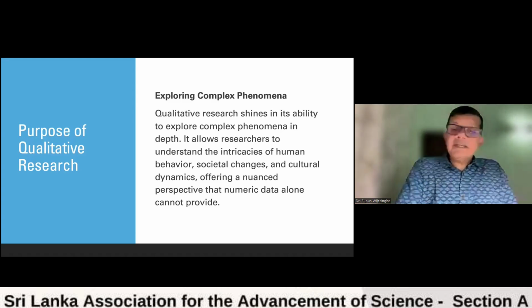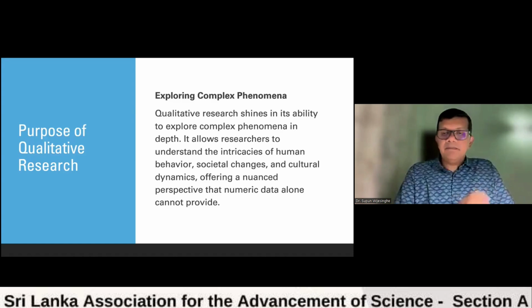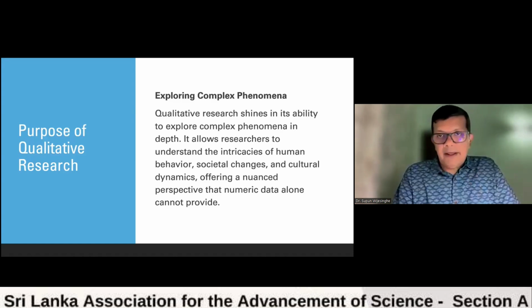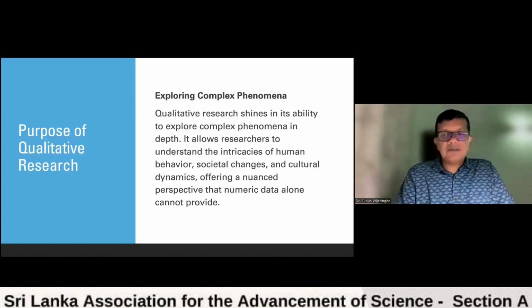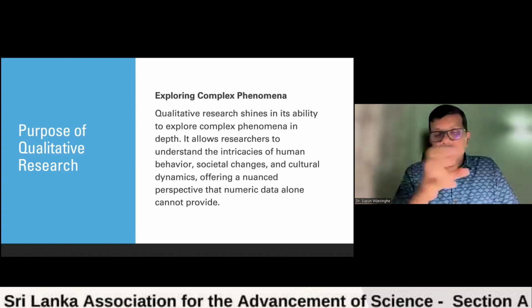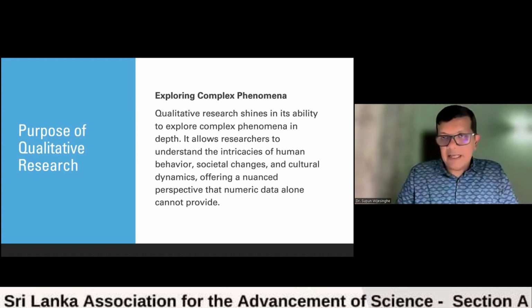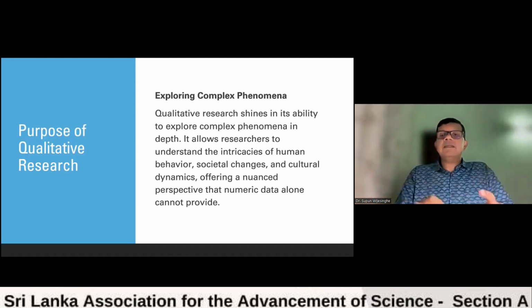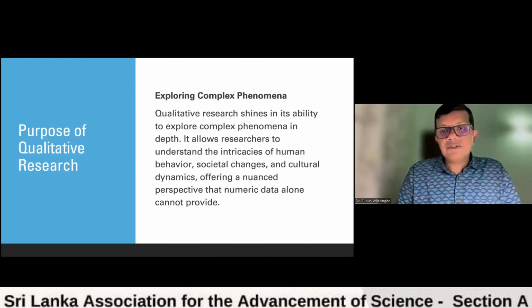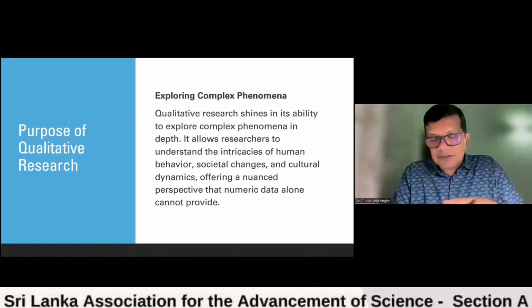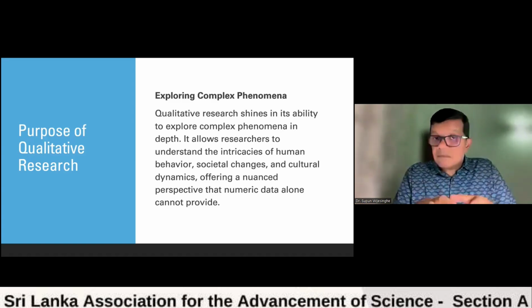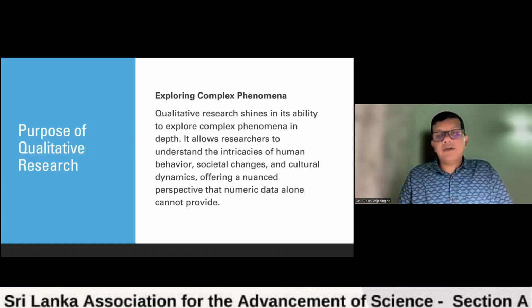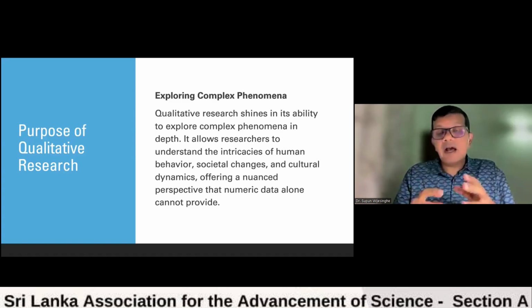So its ability to understand how the patient perceives the doctors, what sort of reality surrounded him when he was admitted to the hospital, what sort of experience he received. So exploring that sort of phenomenon is quite important; these are the ones that we focus on in